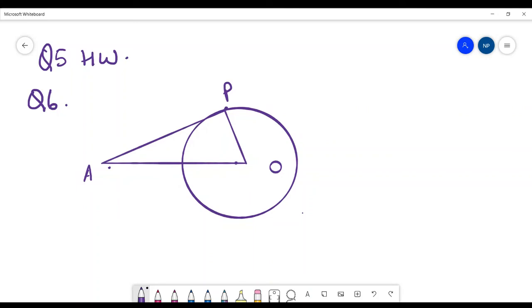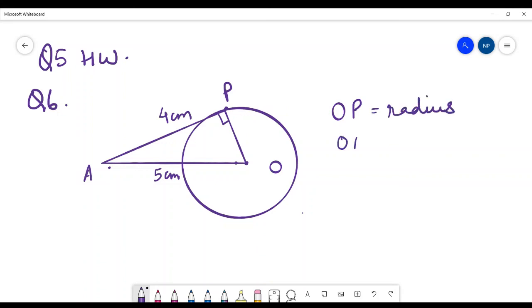So here this is 5 cm and this is 4 centimeter, right? In the question they are saying the length of a tangent from a point A at a distance 5 centimeter from the center. So from the center it is at 5 centimeter and the length of the tangent from the point is 4 centimeter. We have to find the radius of the circle, that is OP. Now we know by theorem 10.1 that the radius at the point of contact when it is touching forms 90 degree, isn't it? So over here we will write, we know OP is the radius,